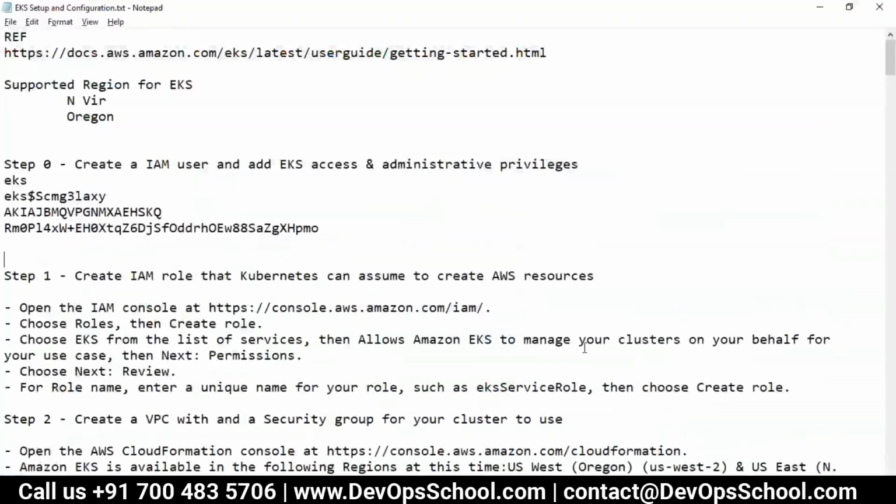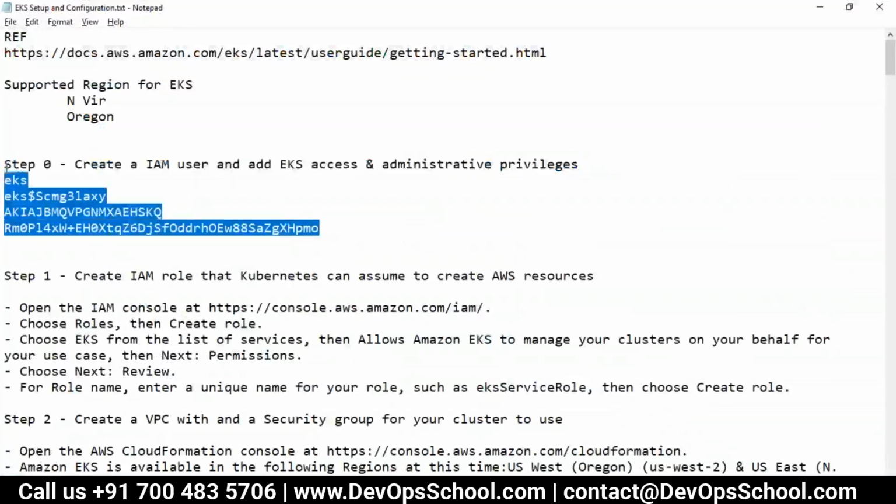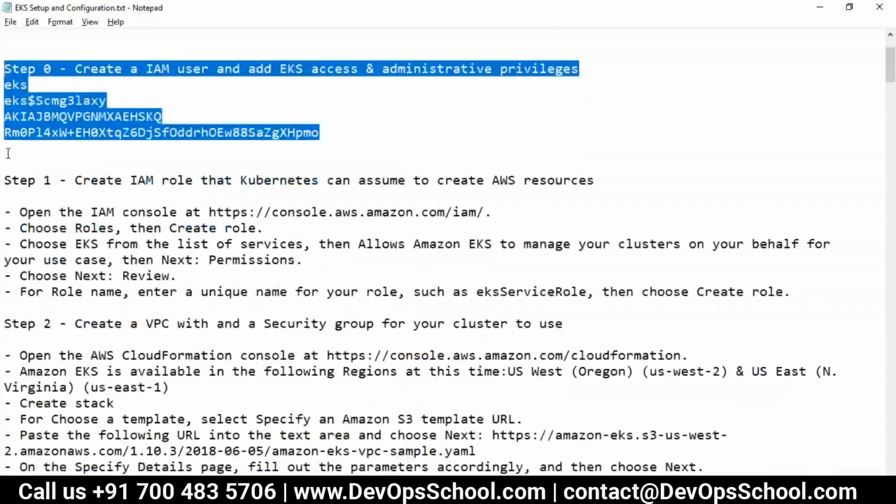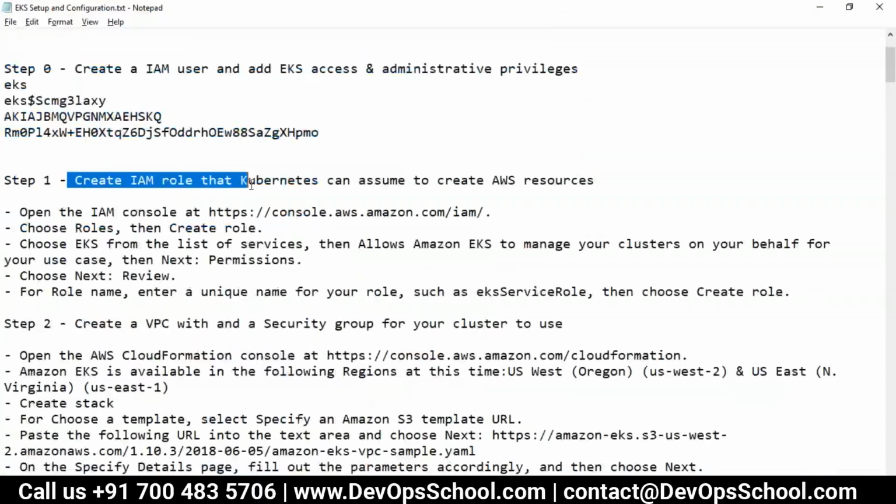So both the things I have got it. So this step zero is done. Any confusion, any doubts on this place? No. Okay, now step one, I'm going to create an IAM user that Kubernetes can assume to create AWS